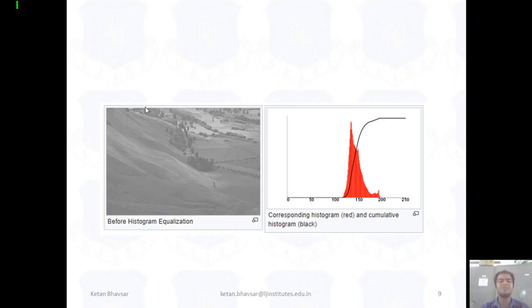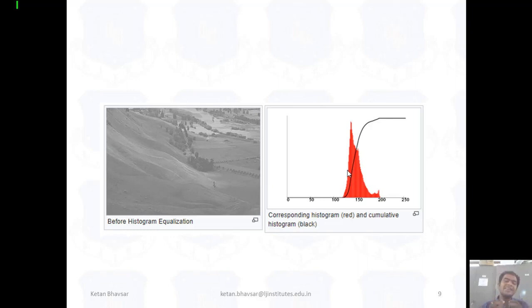Now we are taking one simple example, like we have captured one image, it looks like this. Whenever we apply the histogram on this particular image, you can see your histogram looks like that. So its average contrast or intensity value is starting from 100 to 200 only, and the maximum peak value, as you can identify, is near 130. We can say that it's maybe 120 to 130 intermediate.